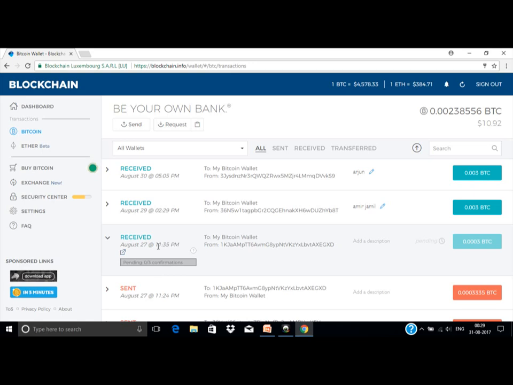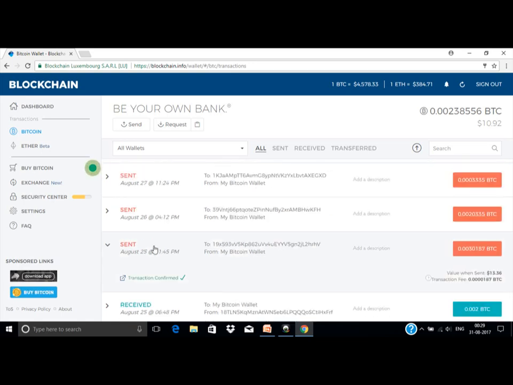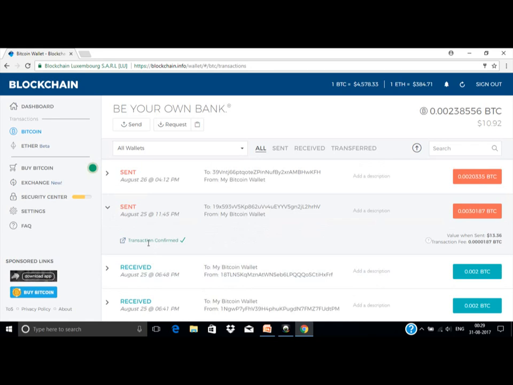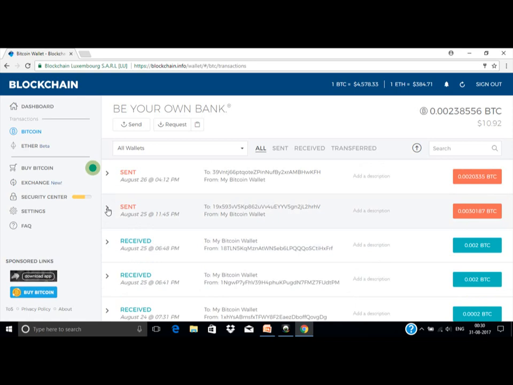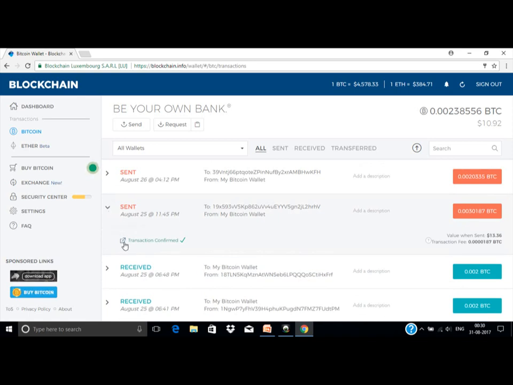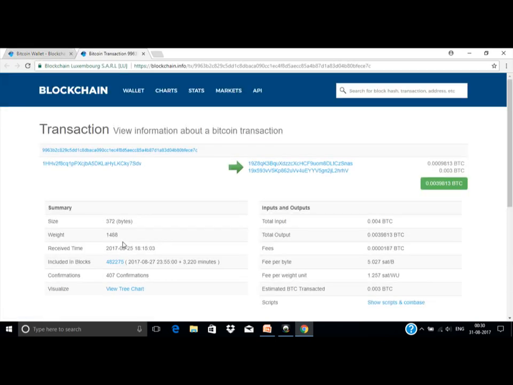All right, okay, let's find out where we can get the hash ID. So when you click this particular transaction, it will drop down and you will see the status, and just onto the left side of the status it says verify on blockchain info. Okay, click this icon and it will pop up a window where it will show you the details of that particular transaction.